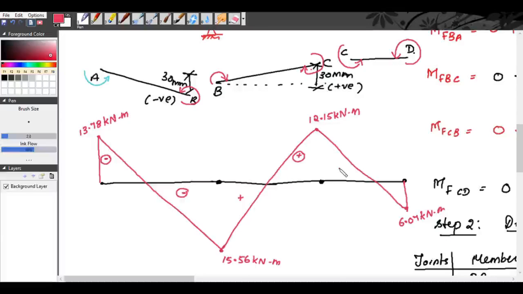Then you have negative. Then you have negative. So your net bending moment is